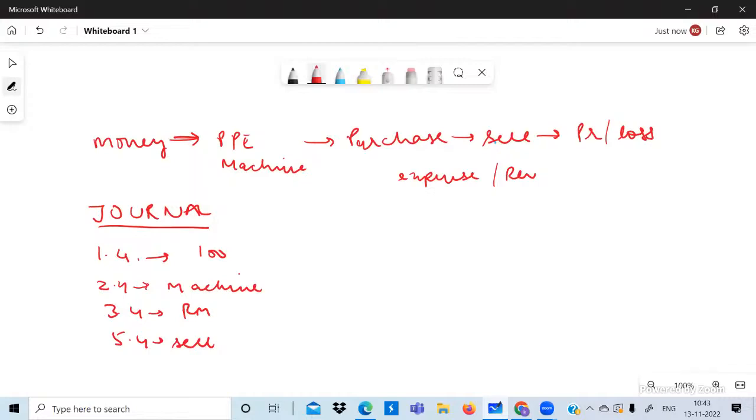Any doubt with what's a journal? Anyone? So you just record the transactions that are happening on a day-to-day basis. Any questions with respect to a journal? Fine. Now, once the transactions are recorded in the journal,